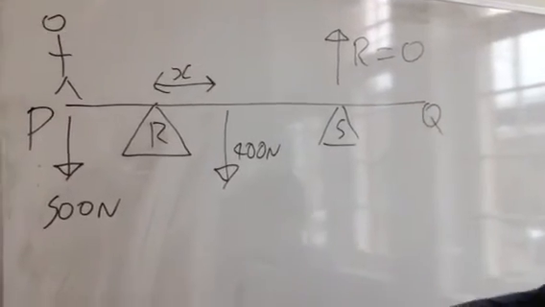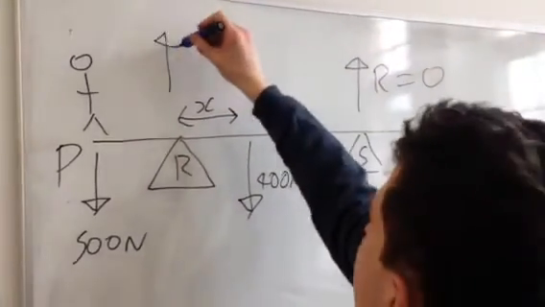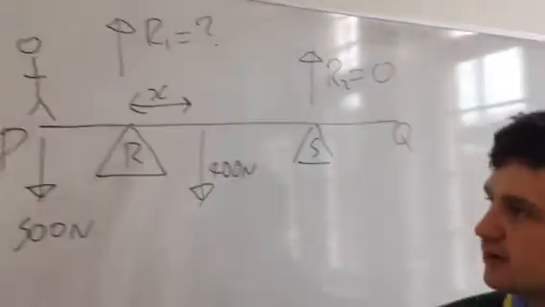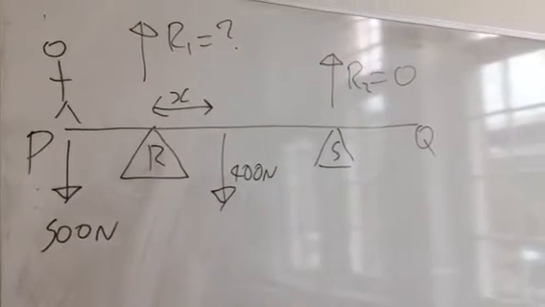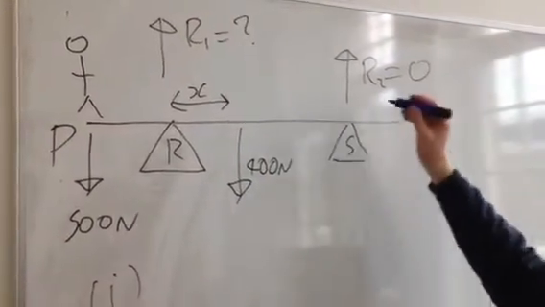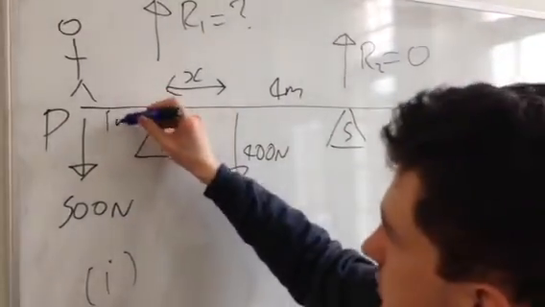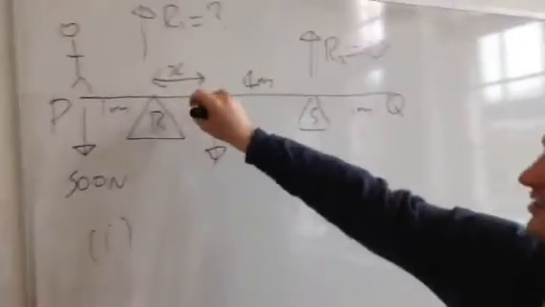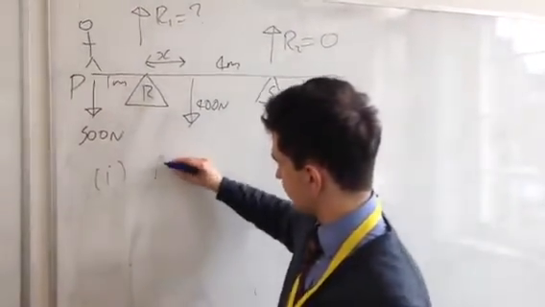So what we're going to do, part I, is find the position. We've still got a reaction force at R, but we don't know what it is. For part I, we want to find the position of the centre of mass of the beam. We're given some distances in the question. We know that beam PQ is of length 4 metres, and we know that P to R is 1 metre and S to Q is 1 metre. So in effect, we can find distance x and add 1 to it to get our solution. So we're going to take moments about the point R,